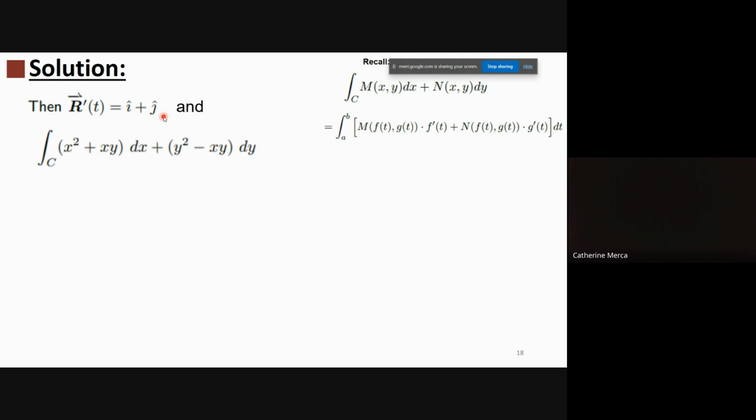And your function x squared plus xy dx, y squared minus xy dy can be rewritten as: your x squared is t squared, x is t, so t times another t, so you have t squared. Your dx, that's 1 here, and our dy here is 1 also. Y squared can be written as t squared, minus xy, so minus t times